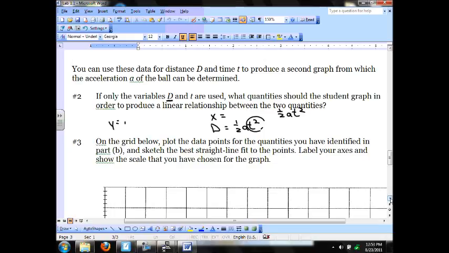All right. y equals mx plus b. M is the slope, which we'll talk about in a little bit. If I make x t squared instead of just t, I'm going to have a line. You follow? All right. So the two variables they're asking for here are d distance and t squared. That's what we want. We're going to graph, instead of time versus distance, time squared versus distance. And that, instead of giving us a quadratic relationship, should give us a nice linear relationship. Questions on how we come up with t